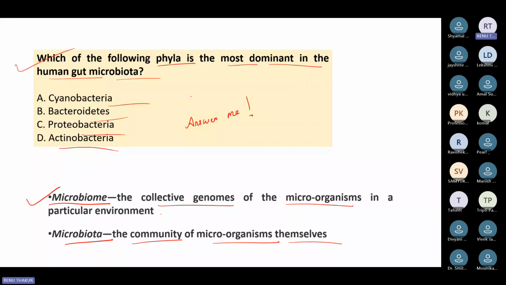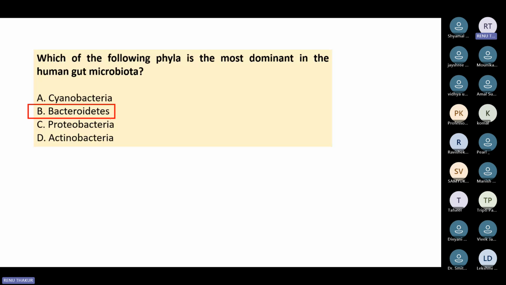Which of the following phyla is most dominant in the human gut microbiota? Cyanobacteria, Bacteroidetes, Proteobacteria, or Actinobacteria? Bacteroidetes. Bacteroidetes is the most dominant in the human gut microbiota. Now next,